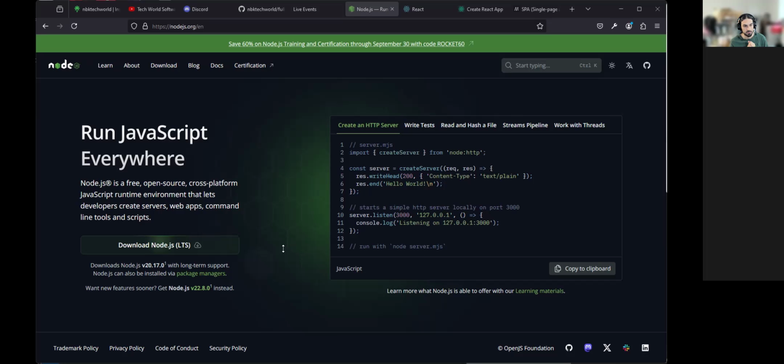Now, before we proceed, we need to have Node.js installed. So here's the website. If you go to nodejs.org, make sure to install it. The bundle also comes with NPM, the Node Package Manager, which allows you to install third-party packages, which is basically code that somebody else wrote and we want to incorporate into our project. Okay, with that said,